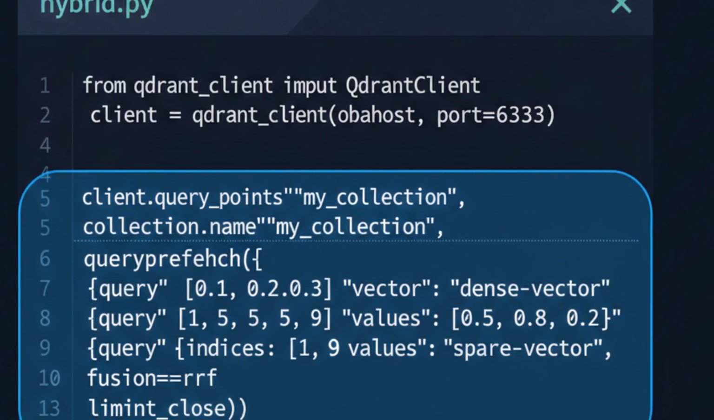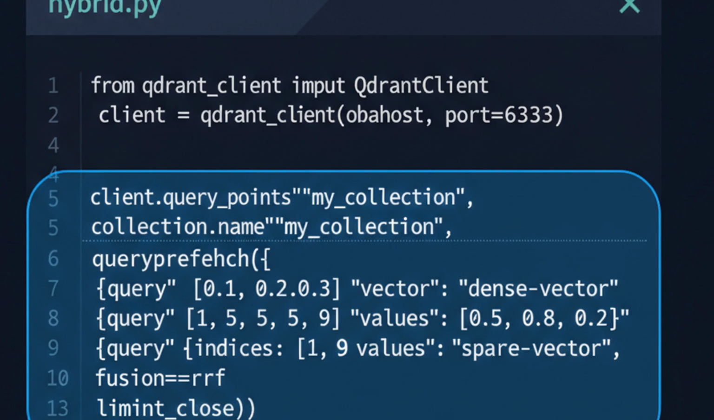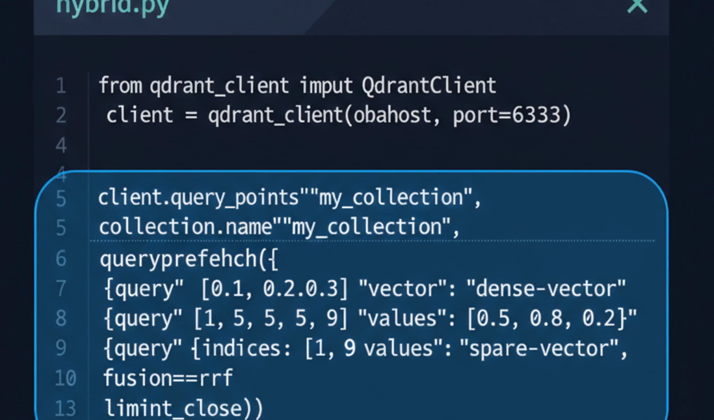Next up in the AI track, we go deeper into agentic RAG, where the model decides what to retrieve and